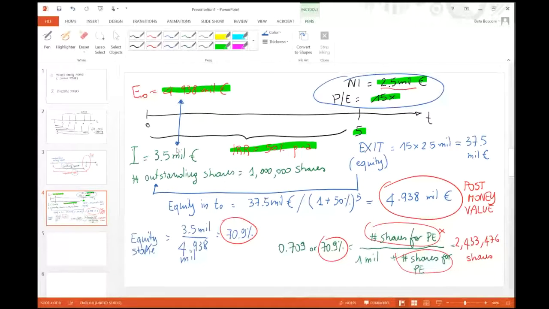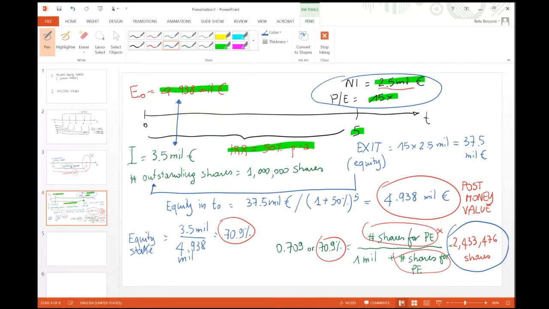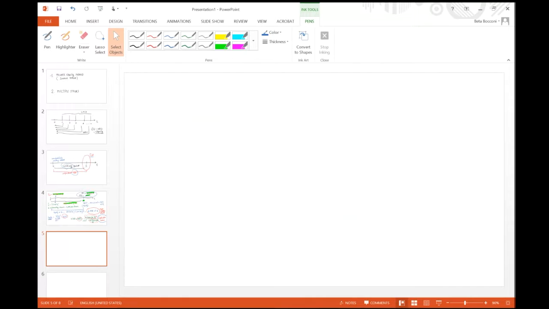Let's return to our whiteboard. The outcome of this whiteboard is essentially that we have a total number of shares acquired of about 2.4 million. Since we know that we want to invest, based on our data, an investment of 3.5 million euros today,